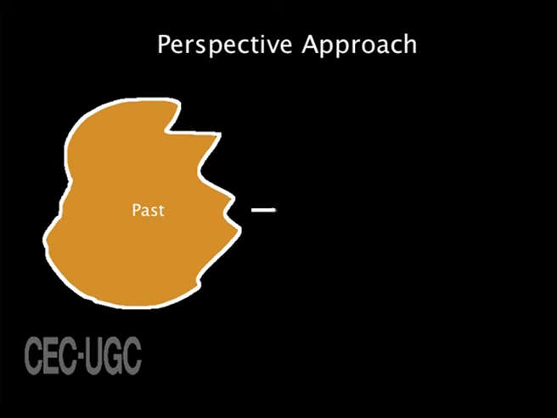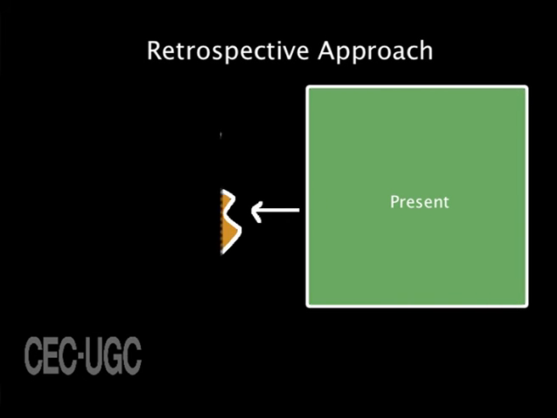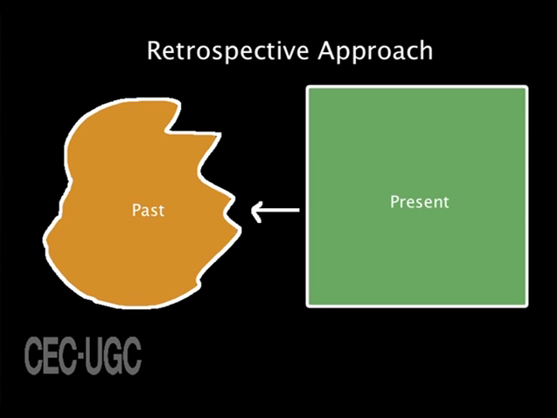Broadly speaking, there are two kinds of approaches to historical research. While the first one is ancient, the latter one is contemporary. They are as follows. Perspective approach. It means to study the events from the past towards the present. It is an ancient approach and helpful to study the political personality as well. Retrospective approach. It means to study the events of the present and proceed to past events. It is a new approach to study the phenomena in socio-cultural milieu.